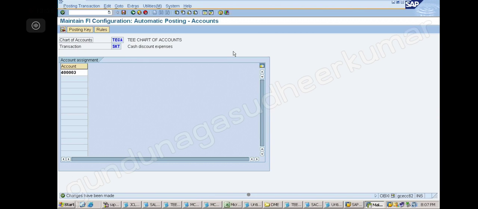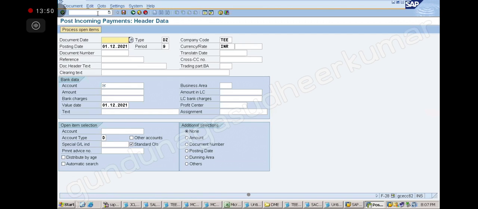So now, can I receive the money with discount? Yes, sir. Okay, let us go there now. So I am going to /n F-28. I am giving the date like this.